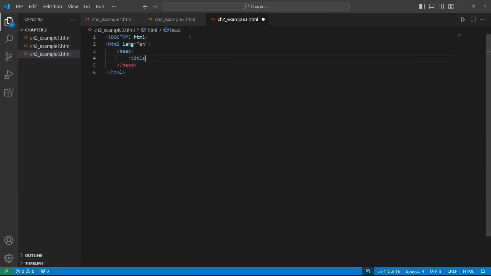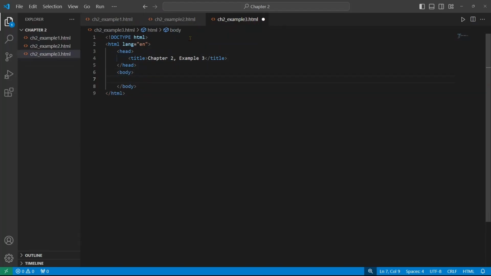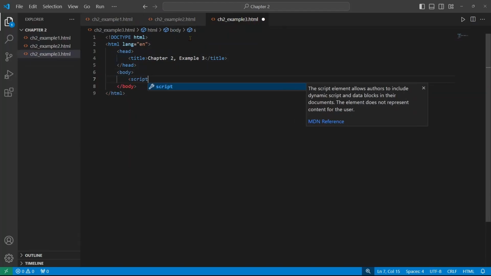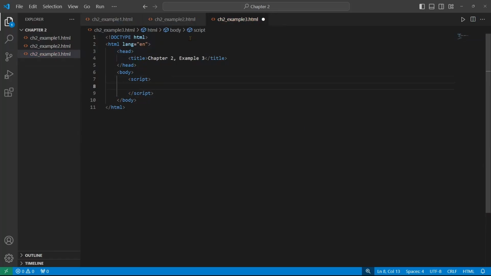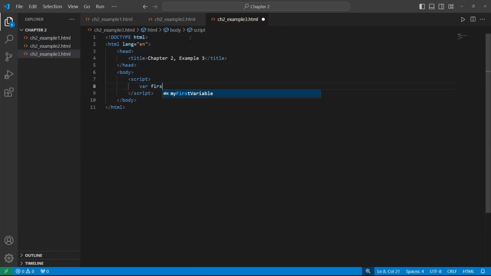For the title again, the title is going to be chapter 2 sample 3. I'm going for the body, close body, script, variable first number,